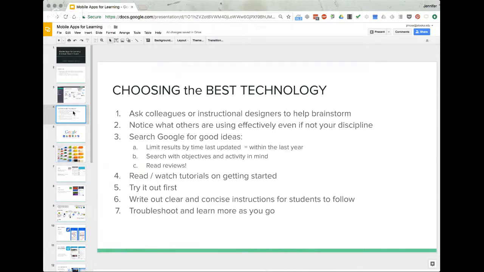I always read and watch tutorials on how to get started with apps. They're always available out there somewhere, and if it's not available on the app website, the company, then it's probably out there on YouTube. And then try it out first. Test and try. And then the next thing, of course, is to write out clear and concise instructions for students to follow when you're